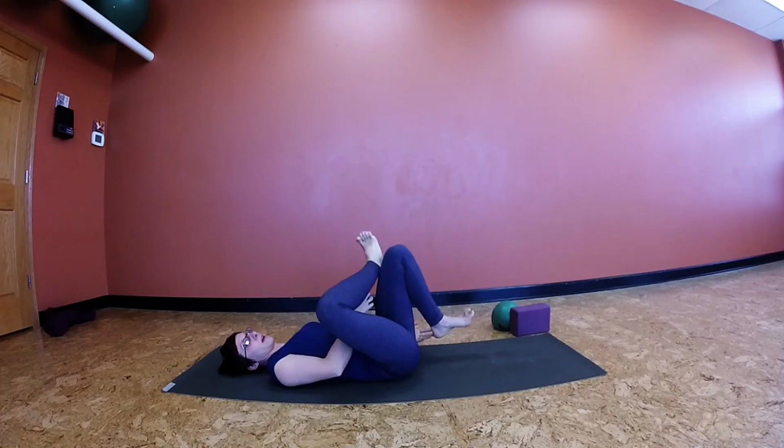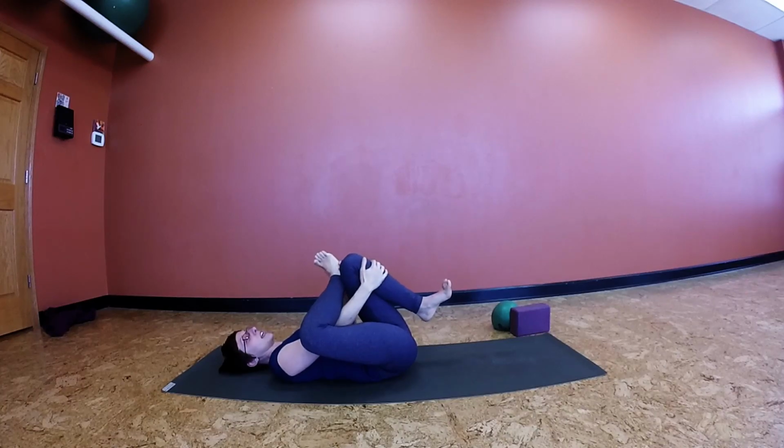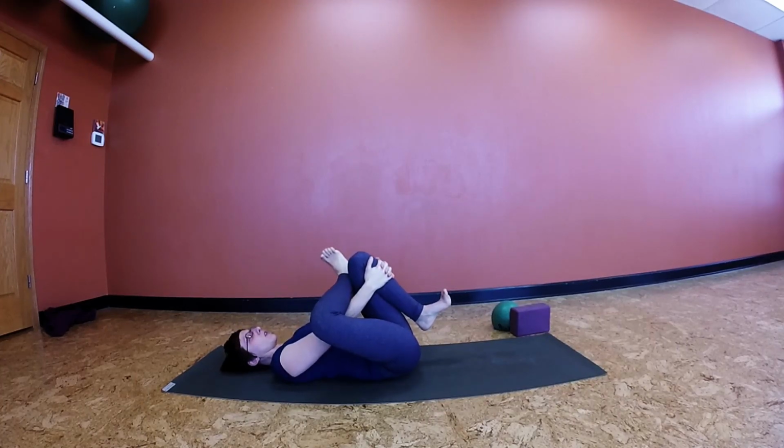If you need to, place your bottom foot on a block. As you grab hold of the legs initially, the lower back is going to probably sink into the floor. Once you get the appropriate clasp, tip the pelvis back into neutral. So basically you're going to tip your lower back off the floor, which may be a game changer in how